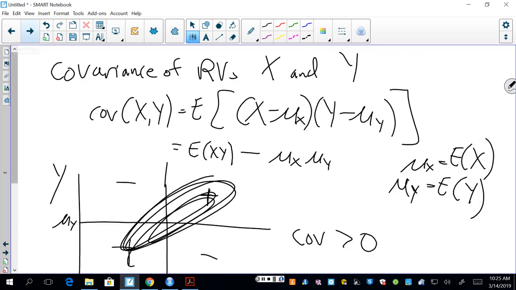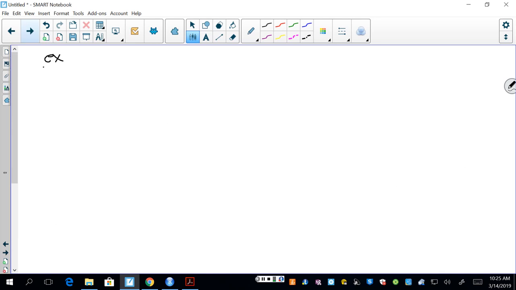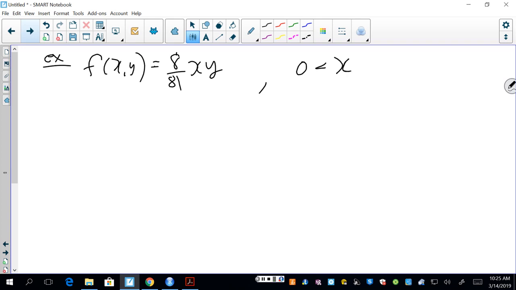So as an example of doing this, let's say that f of x, y is 8 over 81 times x times y, as a density, where 0 is less than x, less than y, is less than 3, and it equals 0 if that relationship does not hold as a density. So this space where we have this density,